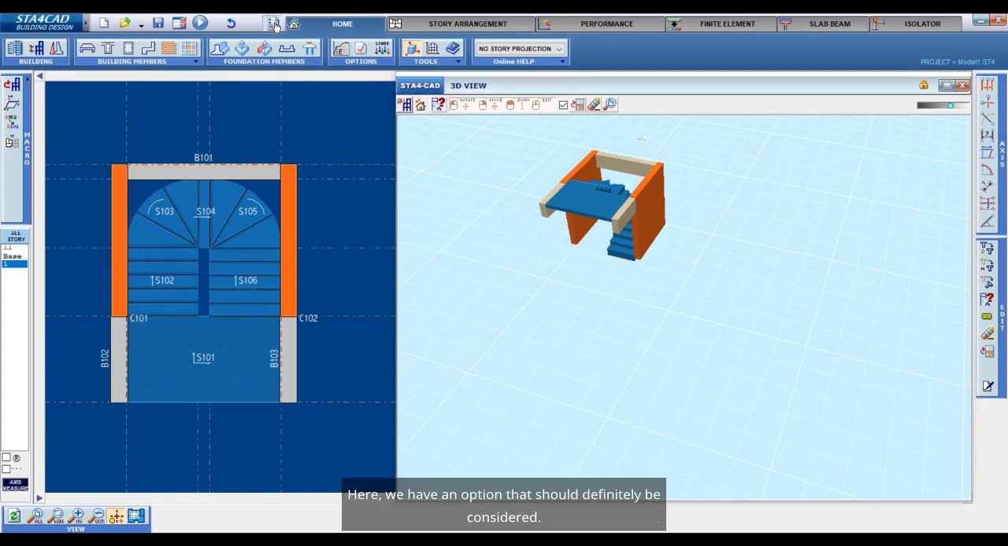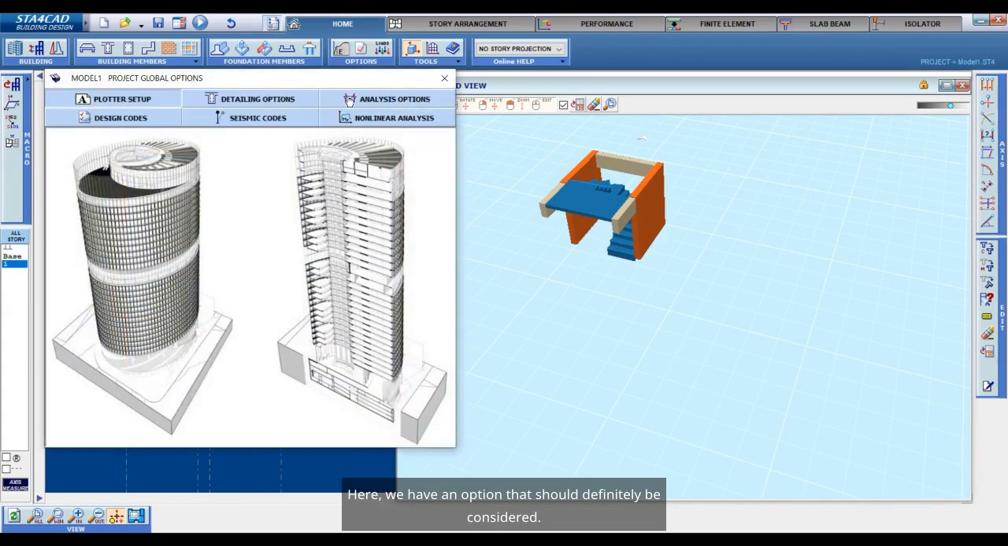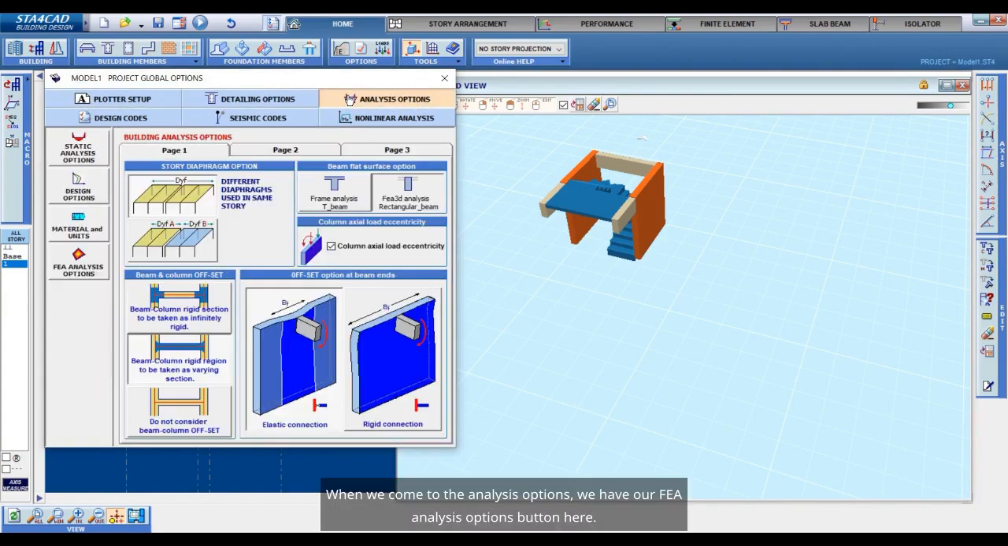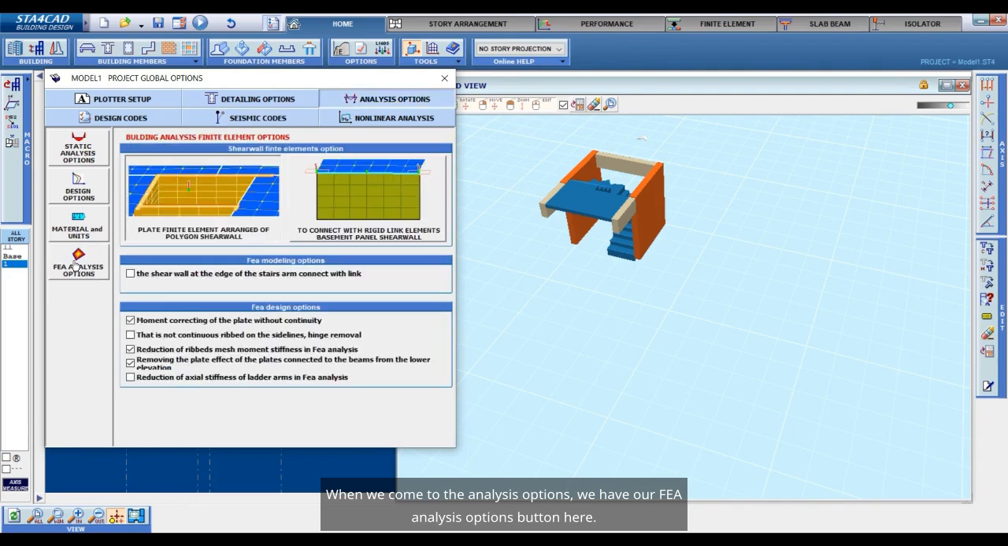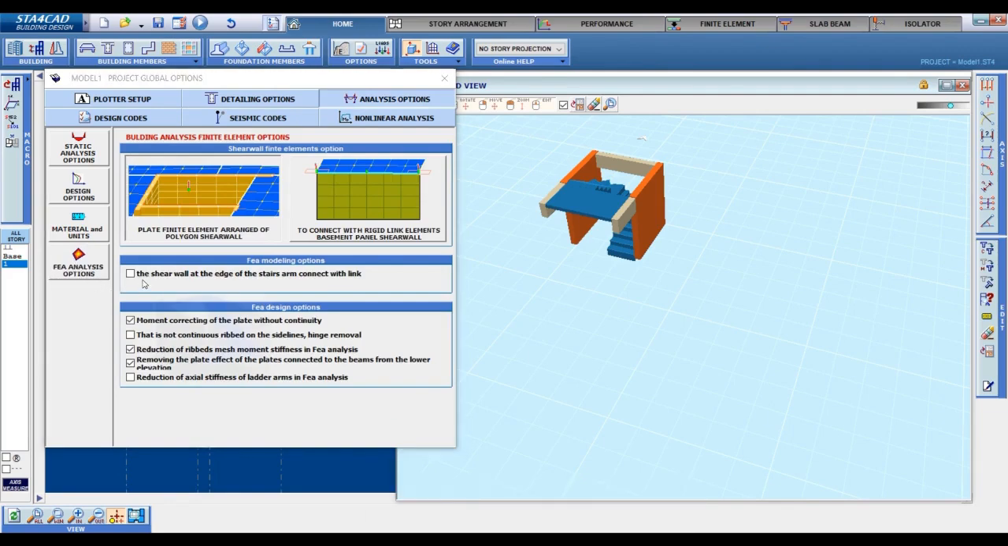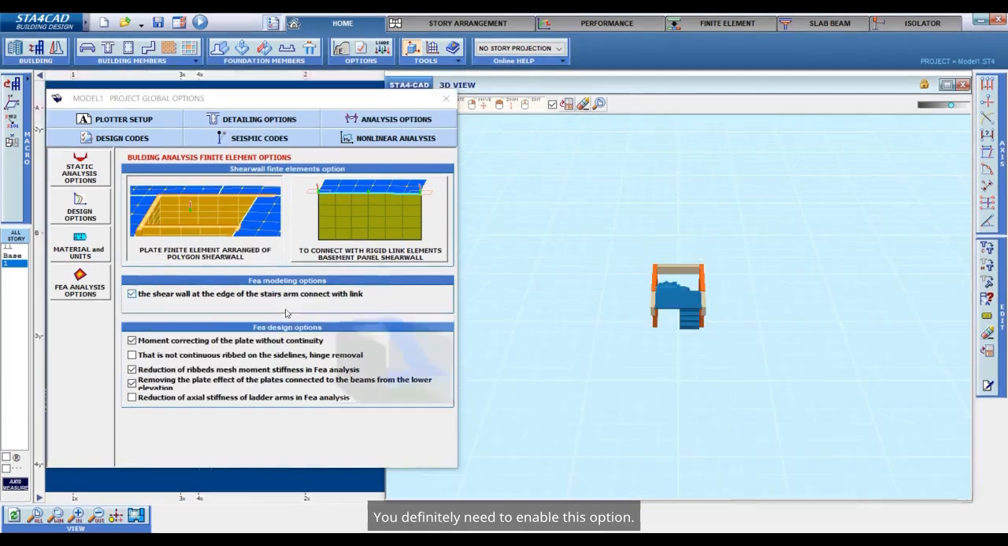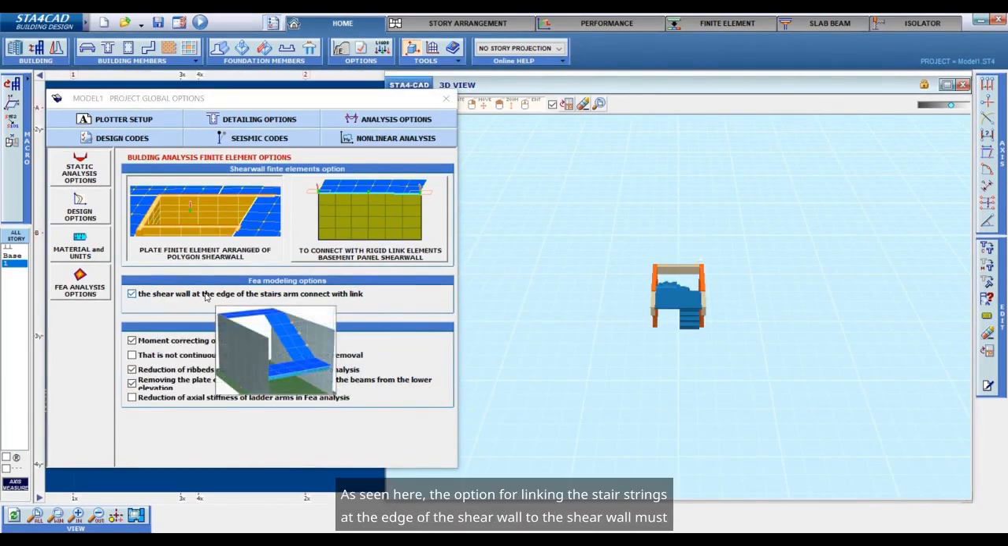Here, we have an option that should definitely be considered when we come to the analysis options. We have our FEA analysis options button here. You definitely need to enable this option, as seen here. The option for linking the stair strings at the edge of the shear wall to the shear wall must be checked. In this way, if your slab is not connected to the shear wall, it will be connected through the